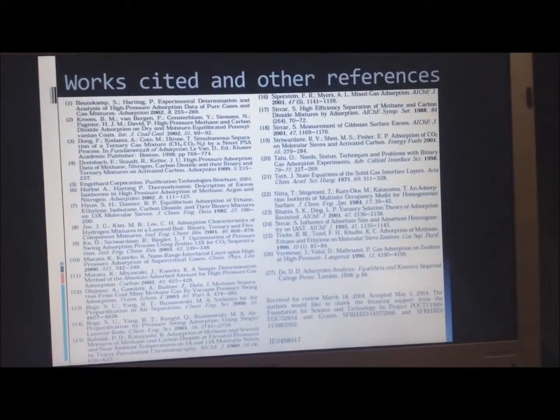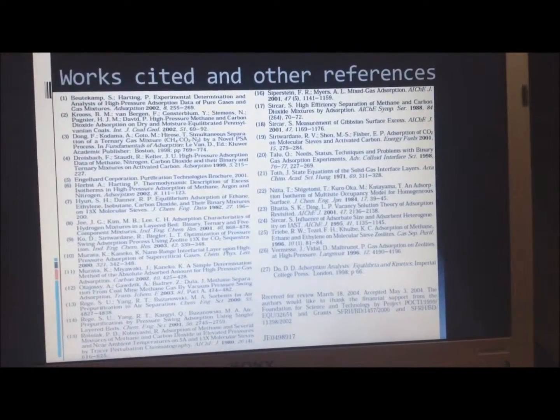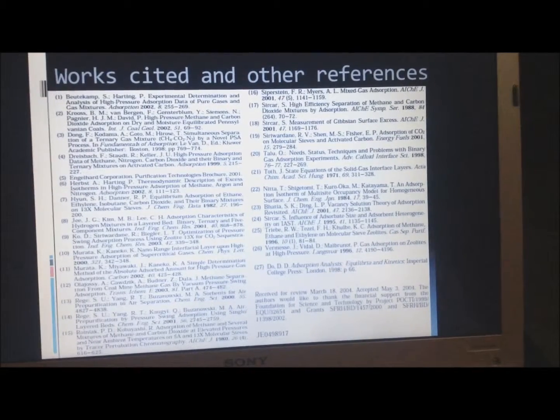Here are the different works cited in the study, and other references include